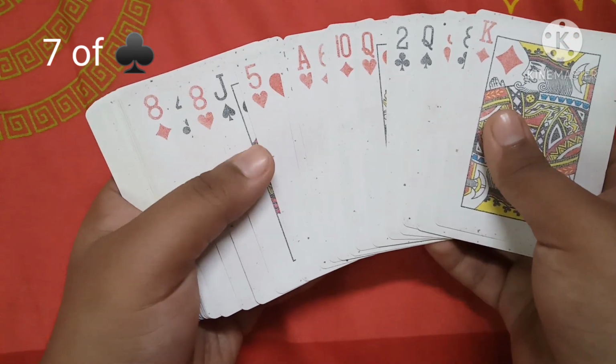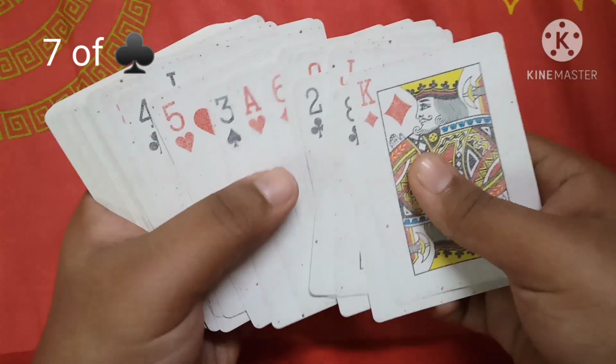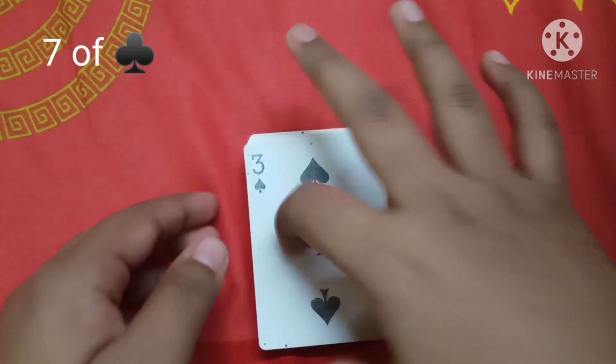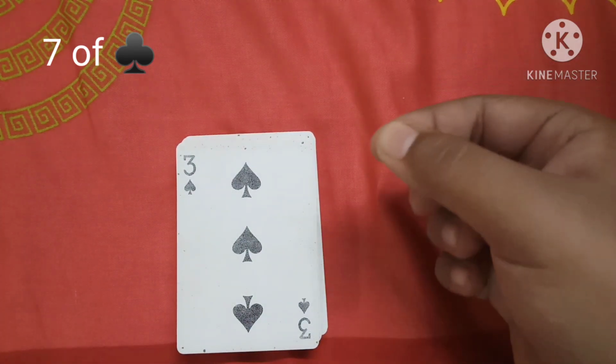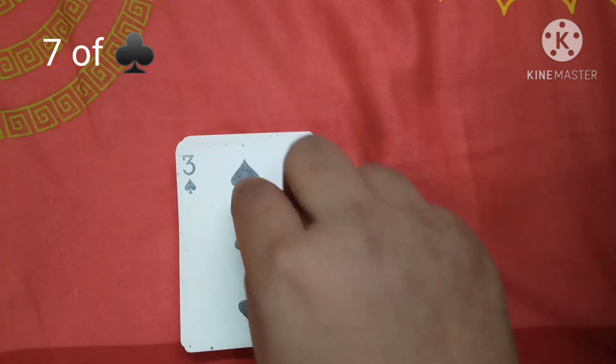Yep, there is no 7 of spades present in this deck at all, and it's completely vanished. So what I'm going to do is flip the deck again, and now I'm going to take that 7 of clubs invisibly in front of your eyes, and push it in this deck,